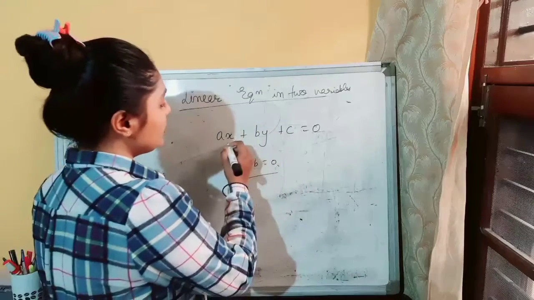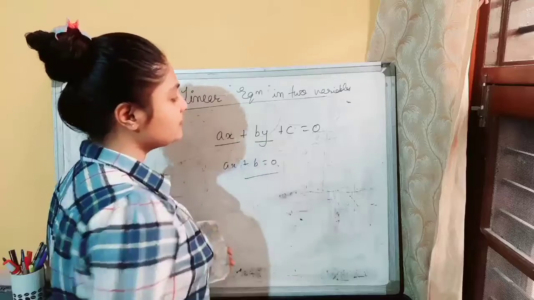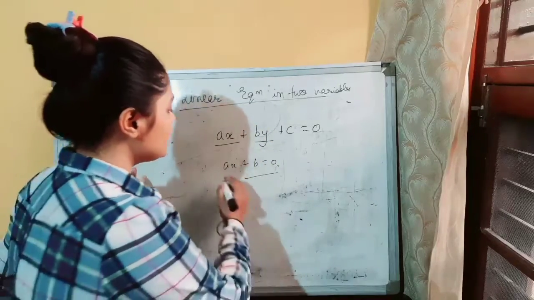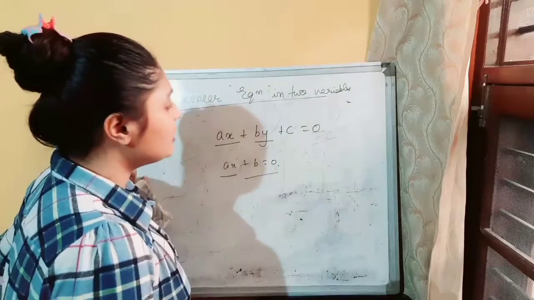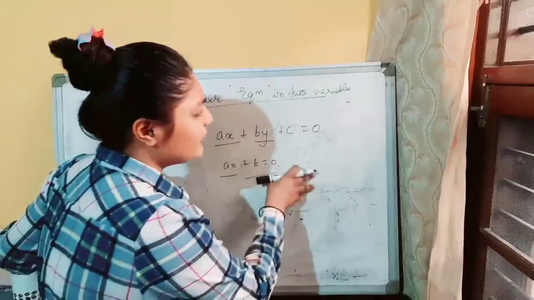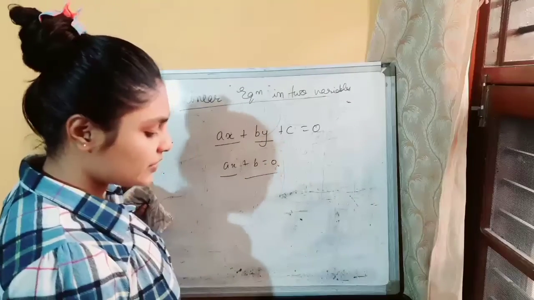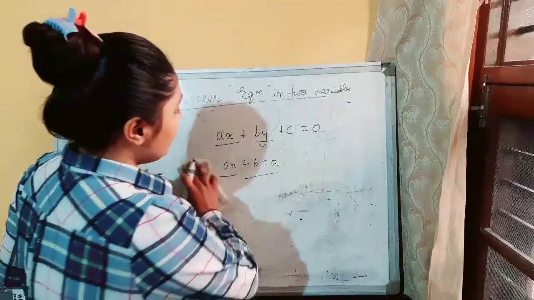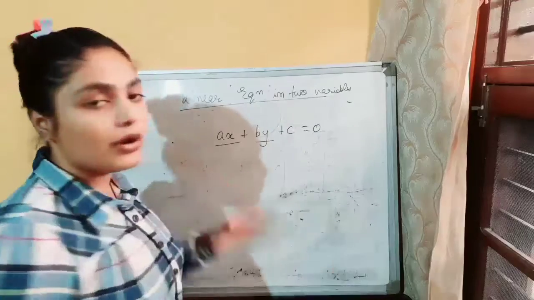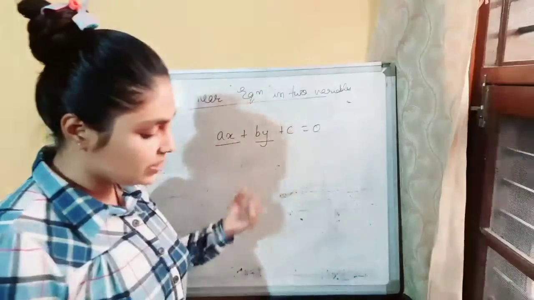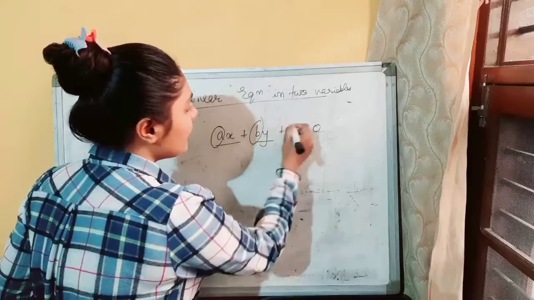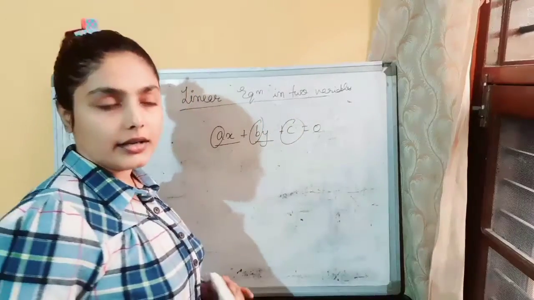We have two variables here, ax plus by, and in the previous equation we just had ax plus b, and no other alphabets or digits like here. So we can understand the difference from these equations, and now I'm going to define these equations. The linear equations are those in which a, b and c are any real numbers.